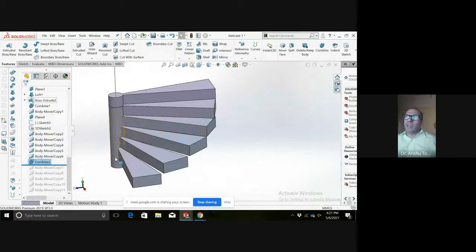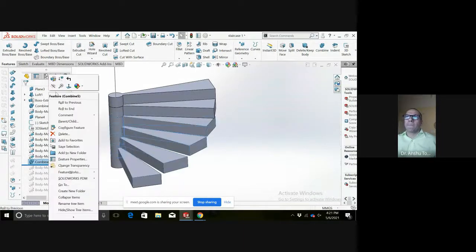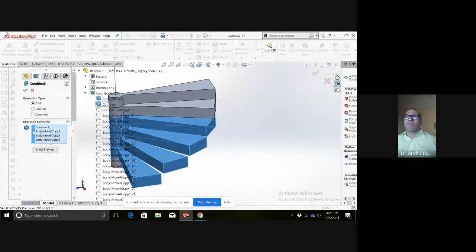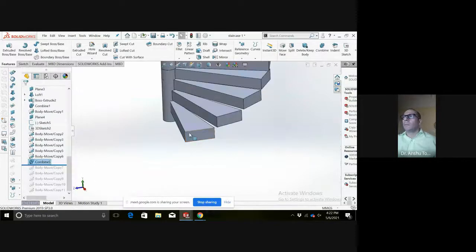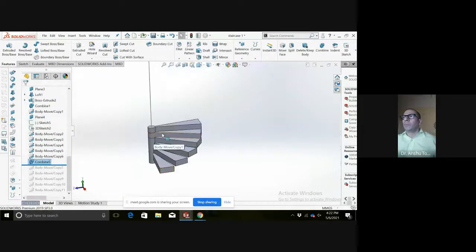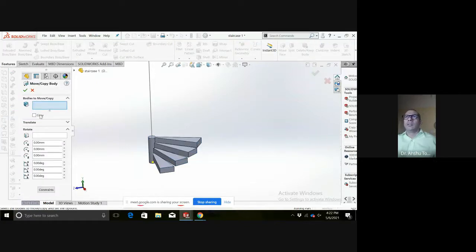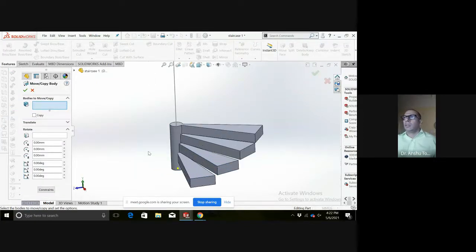Now here we can see we have got one particular part also. So I'm hiding this one and this one. I can easily copy this particular part above and rotate it. 1, 2, 3, 4, 5. 750 mm, that means.